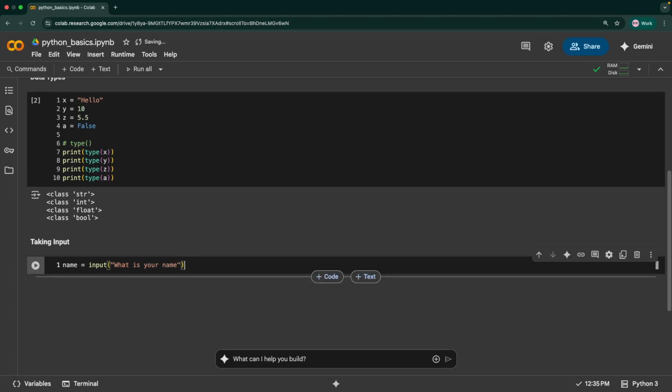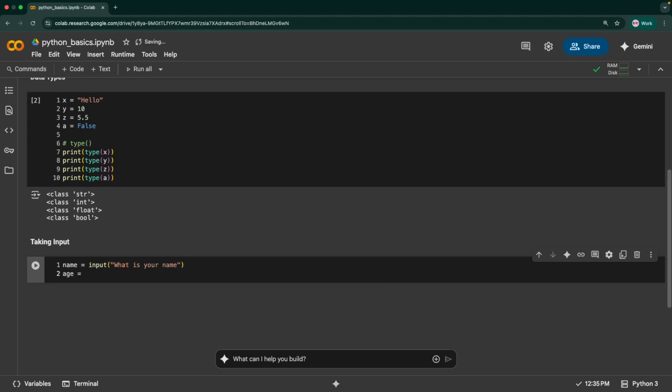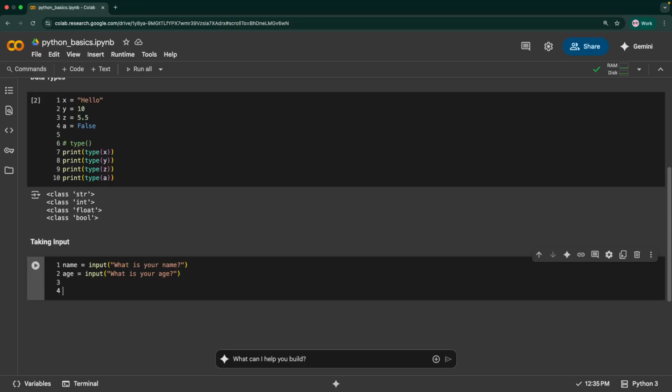Then I'll say age is equal to input of, what is your age? Let's add a question mark over here. When we run this, the user should give a value first for the name and the next one for age, right?